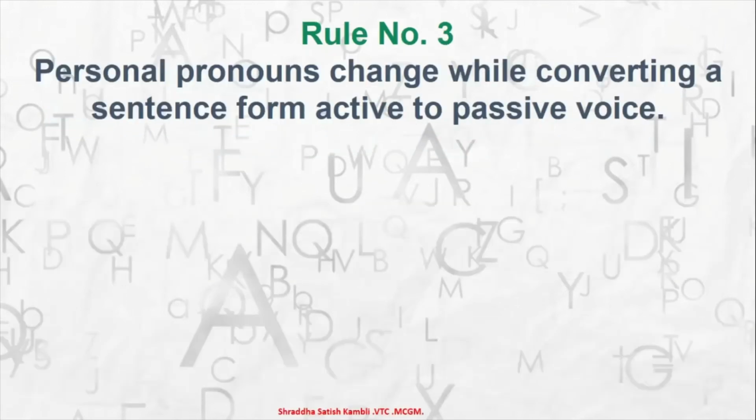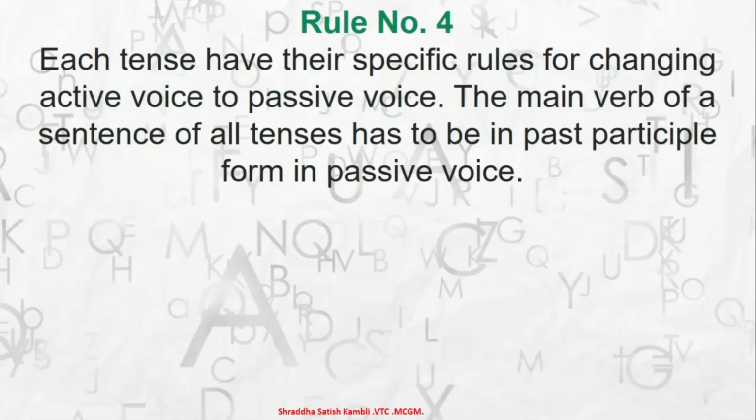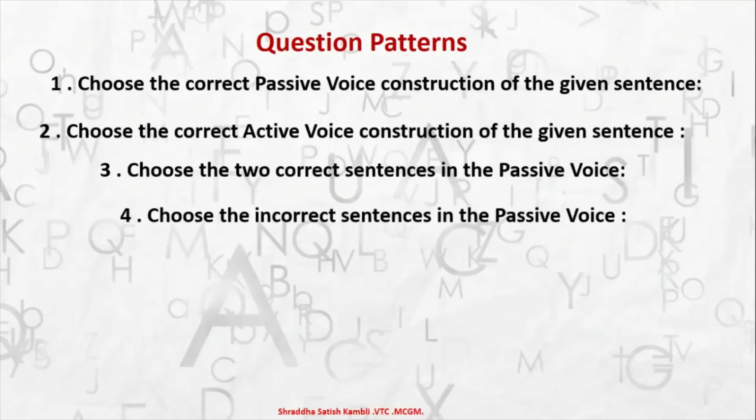Rule number 3 says personal pronouns change while converting a sentence from active to passive. And finally, we learned that each tense has its own specific rule for changing active voice to passive voice. But the bottom line is that the main verb has to be in the past participle form when it is in the passive voice. And finally, we saw,